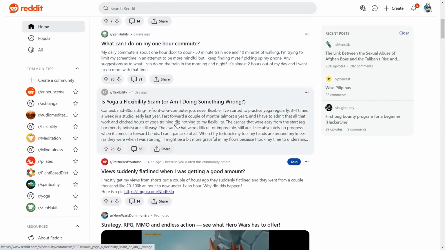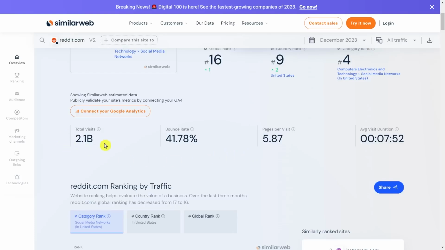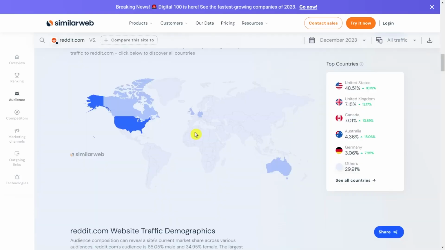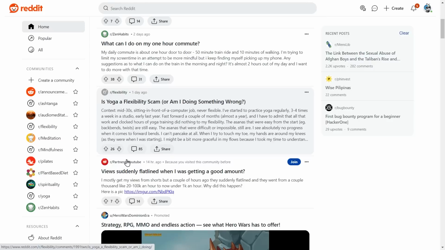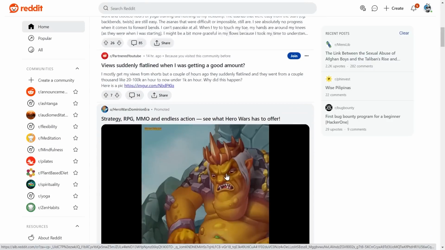They get millions of visits. About 2 billion people visit Reddit every single month, as you can see, and most of them are from top-tier countries. You can join their communities and start different threads and also reply to people that are interested in